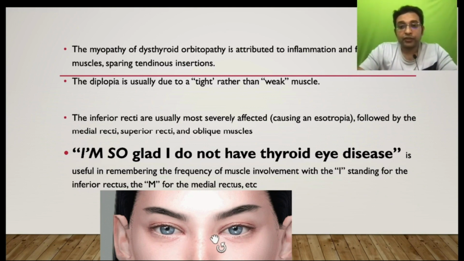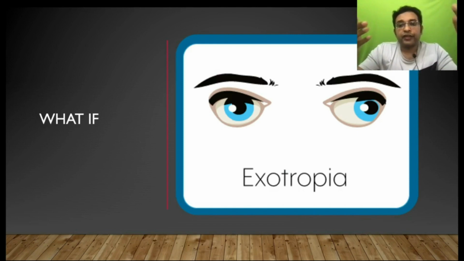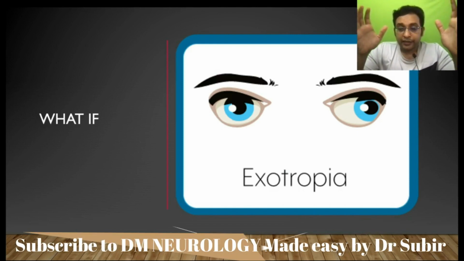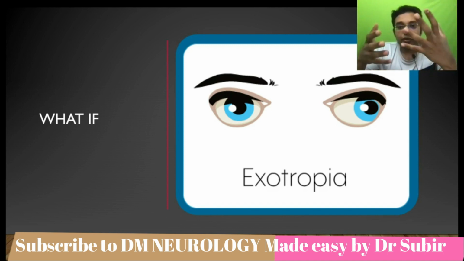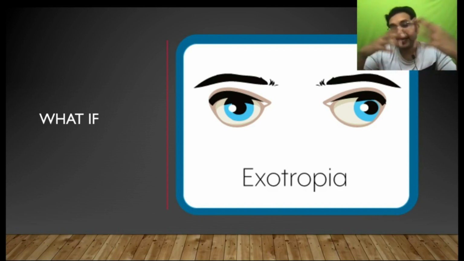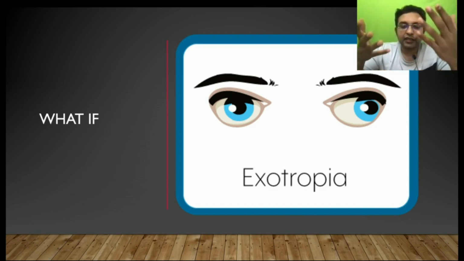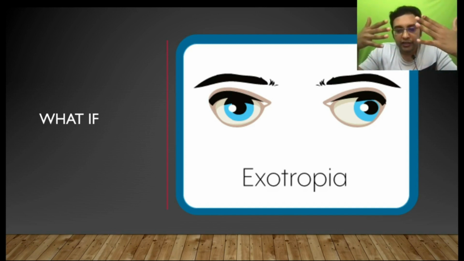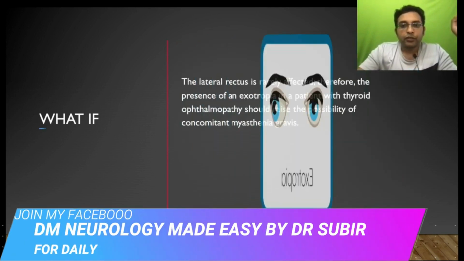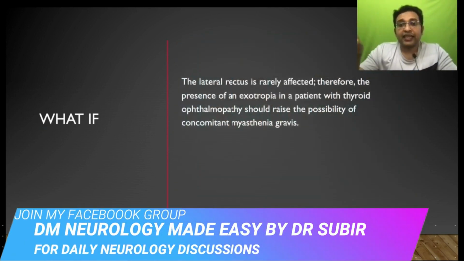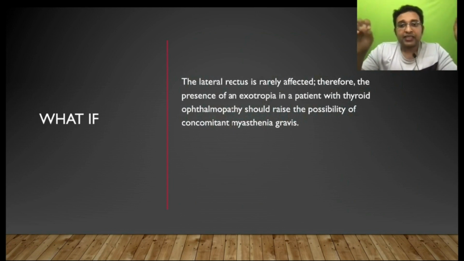My next question: what if a patient has a definite thyroid disease, was having severe esotropia, and later was found to have exotropia? Later he developed exotropia, that is, the eyes moving away from each other. Previously the eyes were directed medially, then the eyes moved away from each other, a strabismus or squinting in the opposite direction. The thing is that the lateral rectus is rarely affected in thyroid eye disease, and the presence of an exotropia in a patient with thyroid ophthalmopathy